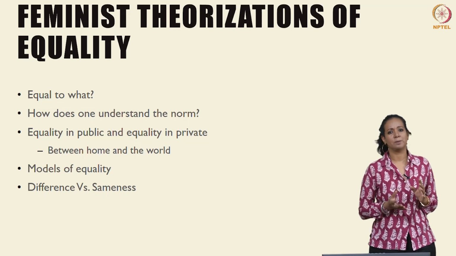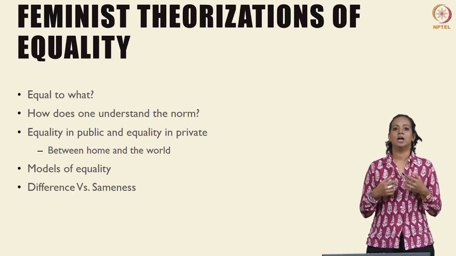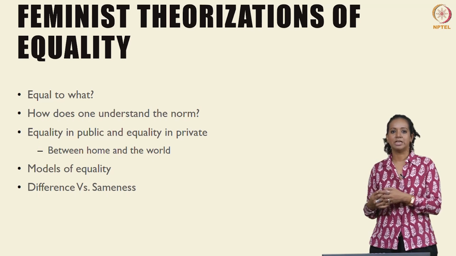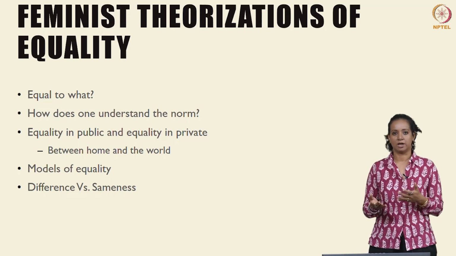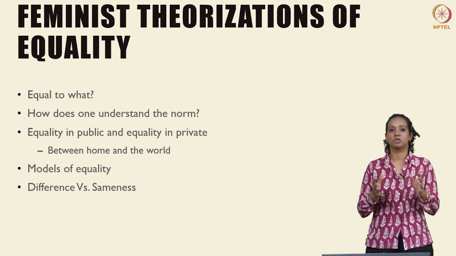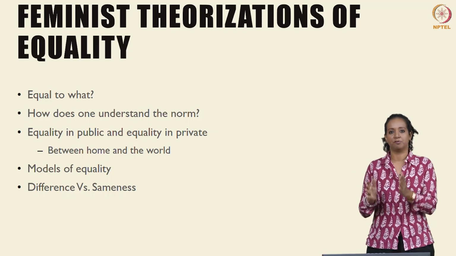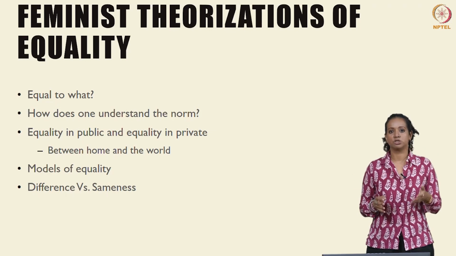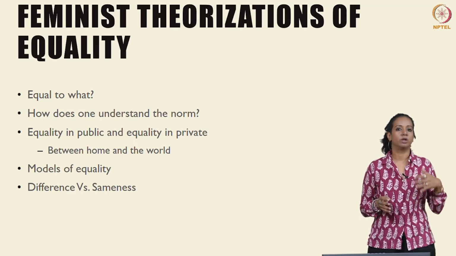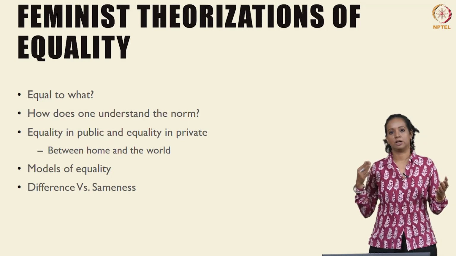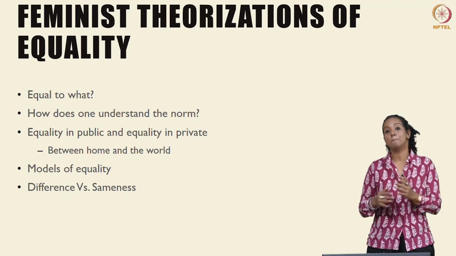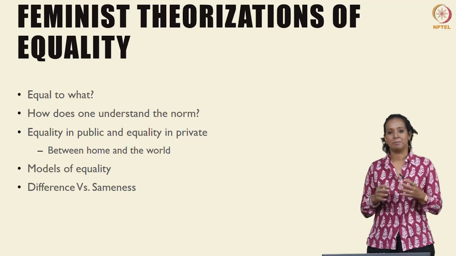We also have to really take into account the question of equality in public and equality in private. Now, why are these two important? Because very often a lot of struggles for equality have tried to achieve such terms in one or the other, and often it's considered difficult to achieve in both because the questions for each realm are different. Feminist theory encourages you to ask all of these questions. What does it take to achieve equality in public? What does it take to achieve equality in private? And how is it that these two are not bridged so that they begin to mean the same?